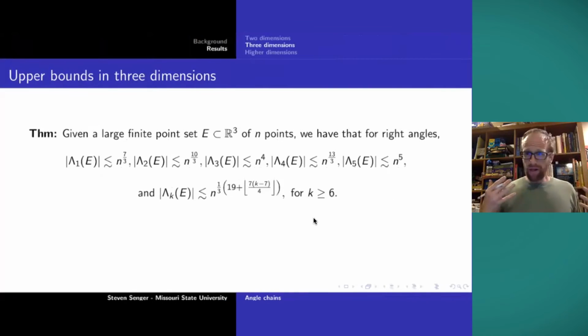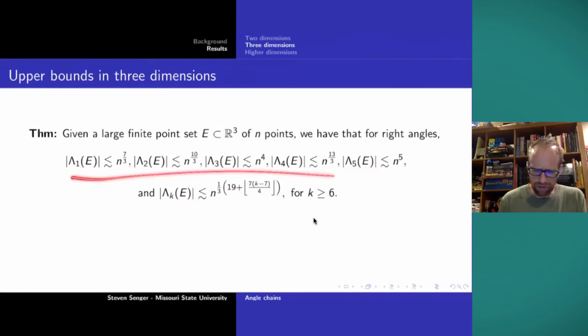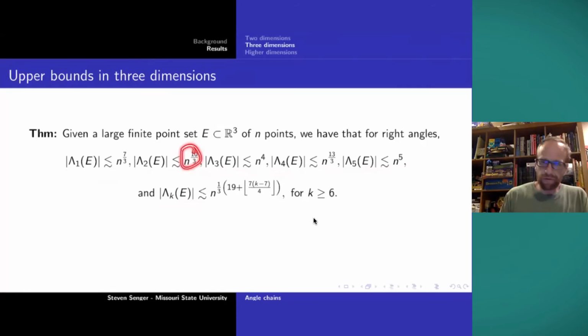However, for longer chains, we did manage to get some non-trivial results, and this was quite fun. For 3 chains, we got an upper bound of n to the 4th. Again, we're restricting to right angles here. For 4 chains, we got n to the 13/3. For 5 chains, we got n to the 5th, and then we just derived a recurrence based on this initial data. You just do it like an undergraduate ODEs class, and it's still got this sort of thorn here. So if we could improve this, then we believe that this would improve, at least for certain cases.